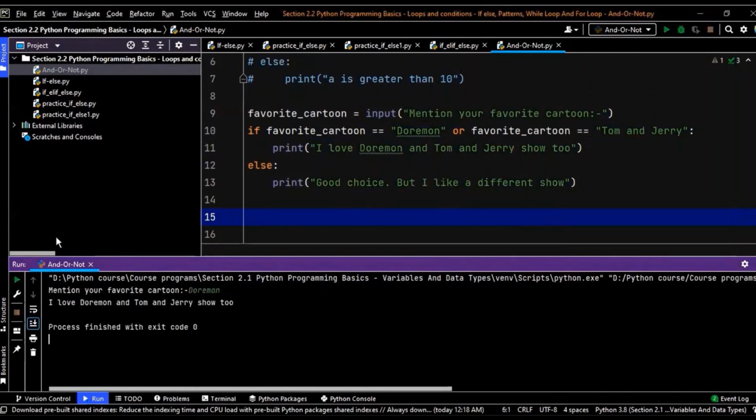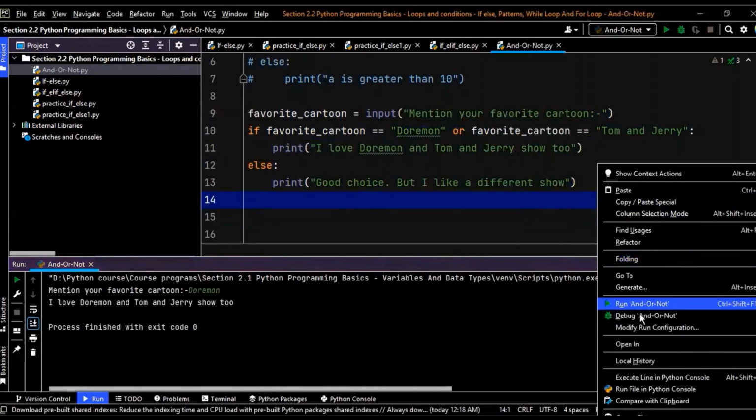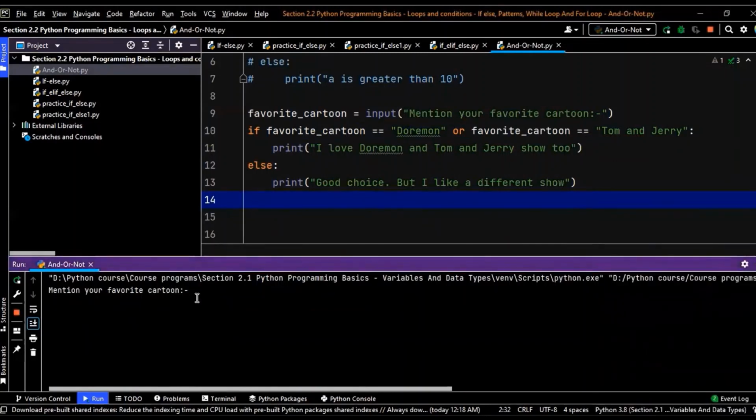I love Doraemon and Tom and Jerry too. So if you would have written Tom and Jerry, then also it would have worked. All right. So I'll write down Tom and Jerry. And now there is one catch over here